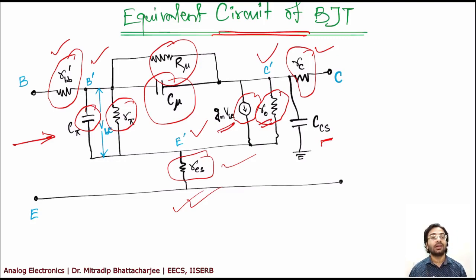Whenever you find a BJT in a certain circuit, you just replace the BJT with this circuit, and then you start solving for different circuit analysis. Mostly you will be solving KCL, KVL, mesh analysis, node analysis, Thevenin's, Norton's. Mesh and node is basically KCL and KVL, but you will find those equations and you will find current and voltage, whatever is required at that point of time. So this is the equivalent circuit of your BJT.